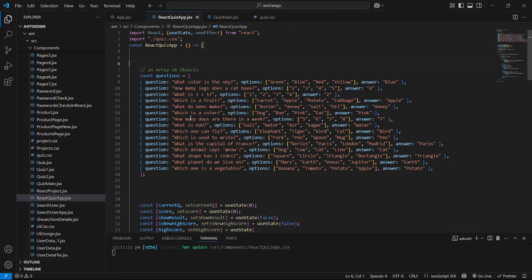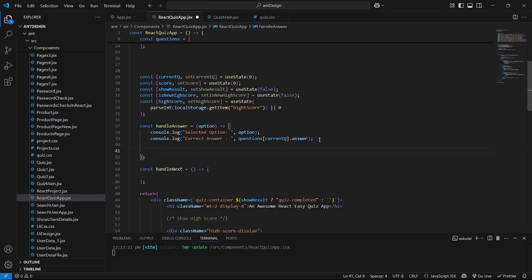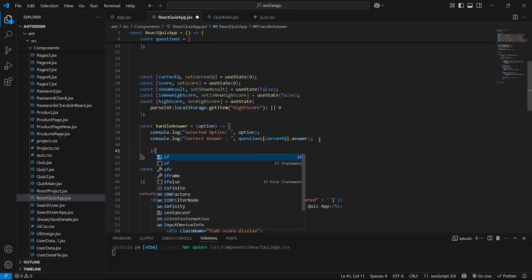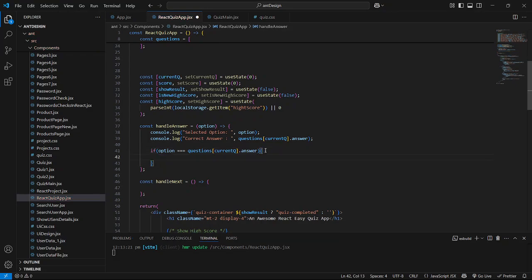So come to the code now, and inside this I am going to define the things. We will check this: copy this option, because this is the option, equal to, copy this question.answer, because this is the answer. If this is equal to this, if this is the case,